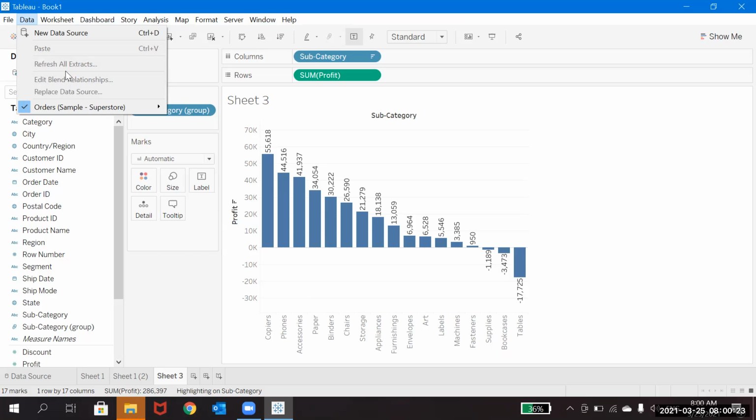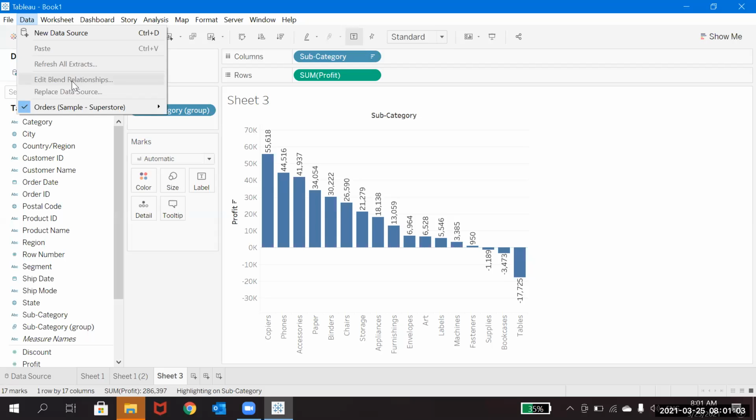Also you can observe some of the options which are shaded out here, like Refresh All Extracts. When you are connected with an extract connection, this option will be enabled, because it is to refresh the extract connection. When you go with the extract connection, it completely extracts and keeps the data, so it won't refresh anything. Even if it was refreshed minute to minute, it won't refresh because you have extracted and kept the data. Whenever you refresh this extract, only that time the data will refresh.